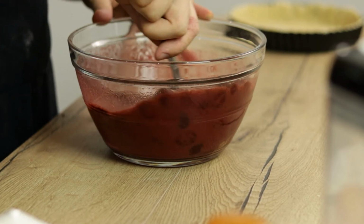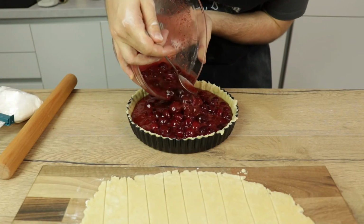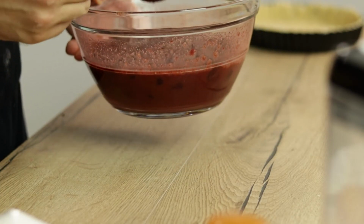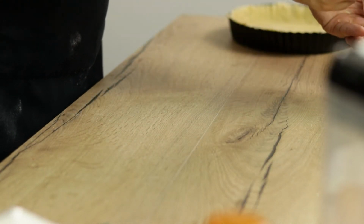Now, I had an issue with the next step. You should pour the mixture into the base and then work with the other half of the dough. But I thought that was silly as the base would get soggy, so I just set it aside until the top was ready. I know I said I have to follow the recipe, but this isn't a large deviation, so